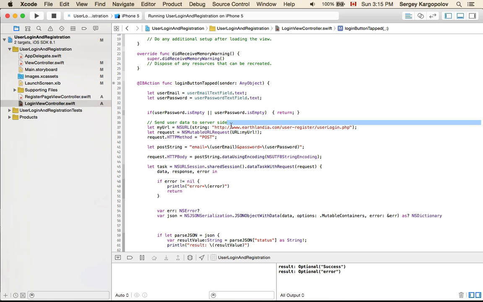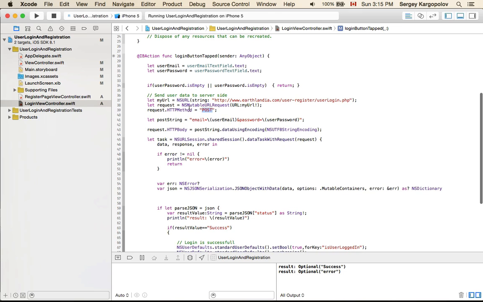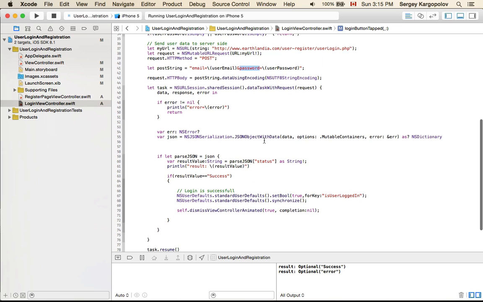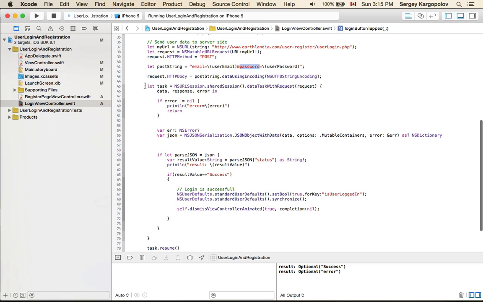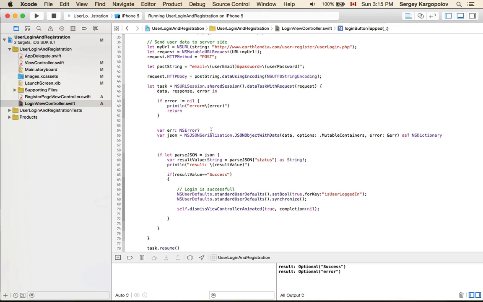Make sure you put your domain name here, and it's going to be an HTTP post request. And again, I'm sending email and password as an HTTP post request, and then I execute the task,